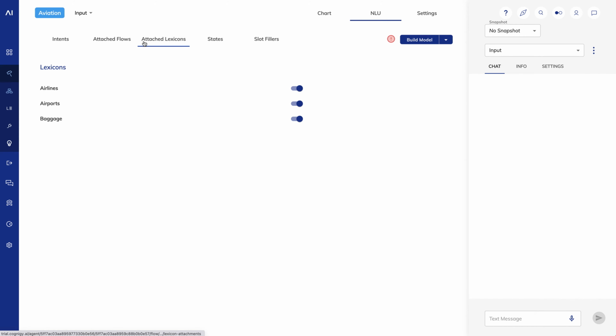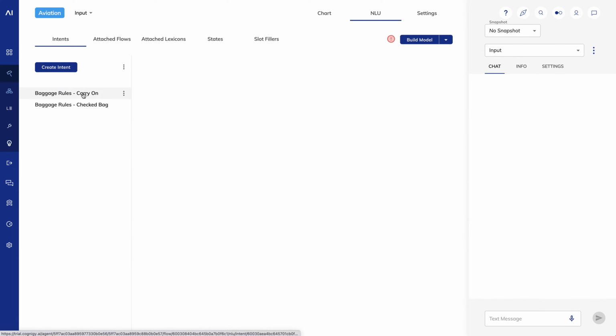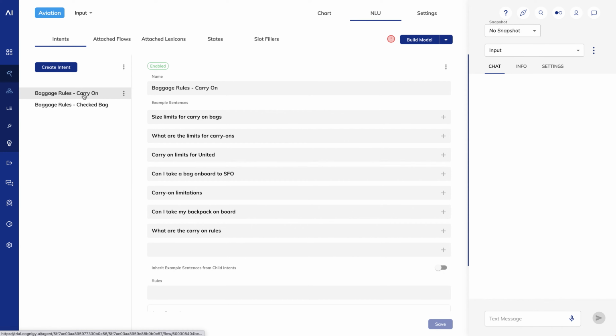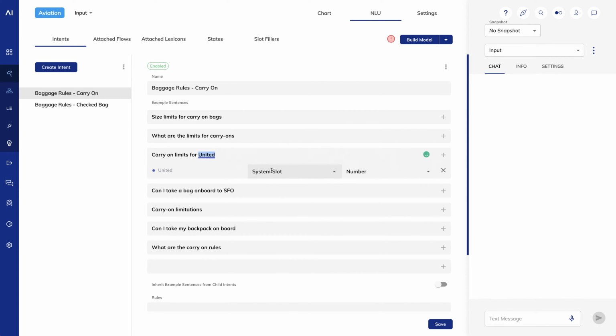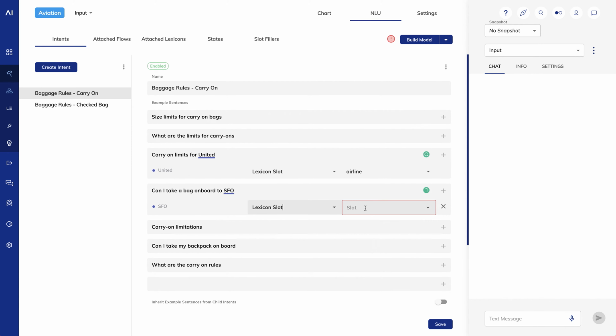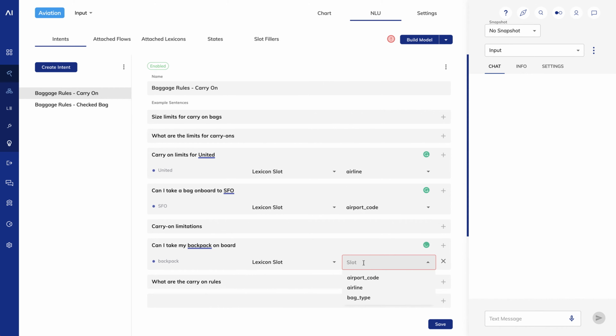I'll enable my baggage lexicon and then train.